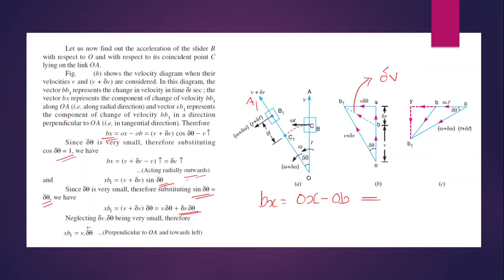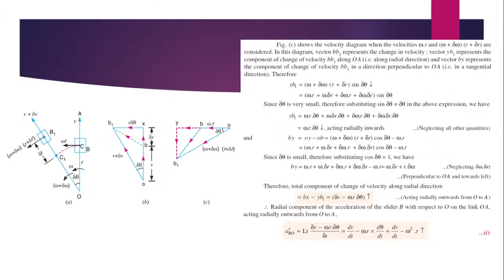Then we can say that the component of change of velocity perpendicular to OA is equal to V delta theta. That must be perpendicular to OA. Here, we have already discussed this figure B. Then coming to figure C, the velocity